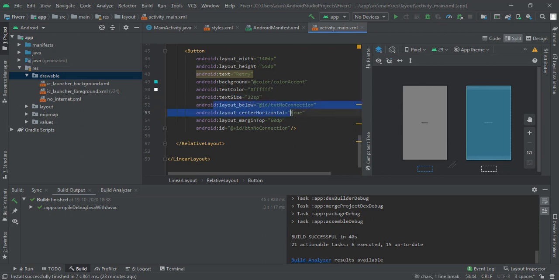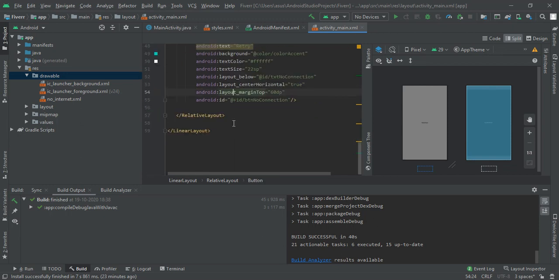After that we said it should be below the text no connection and also be center horizontal. After that we had added the margin top of 60 dp and created its own unique id.